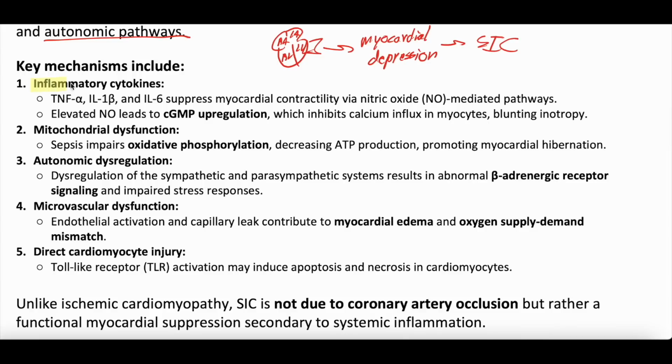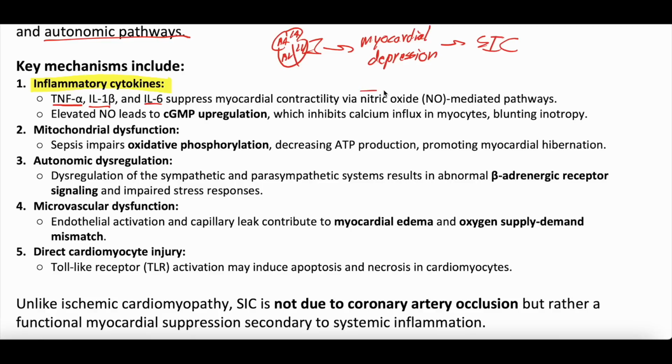So the first is inflammatory cytokines. As we talked about in our septic shock pathophysiology lecture, part of the dysregulated immune response that happens in septic shock is a huge release of inflammatory cytokines. Things like TNF-alpha, tumor necrosis factor alpha, and a bunch of different interleukins, IL-1 beta, interleukin 6. There's a bunch more. But these are thought to directly suppress and affect myocardial cell contractility. And how well these muscle cells are contracting contributes significantly to how well the heart is pumping blood, the heart's ejection fraction.